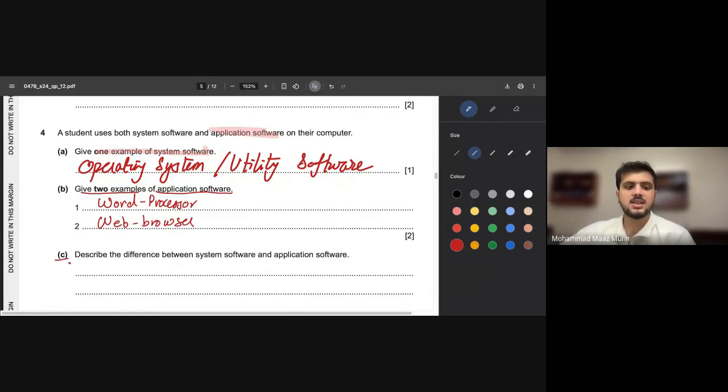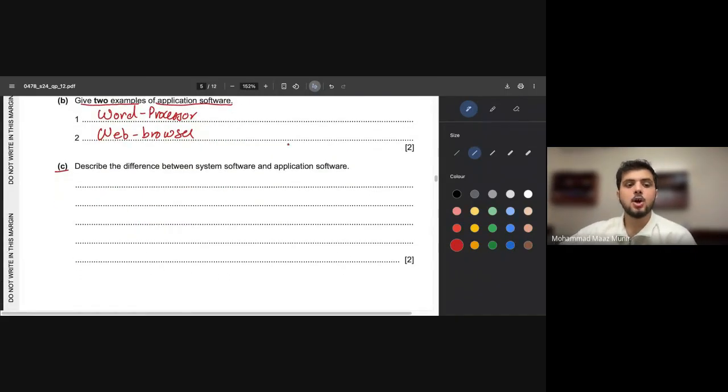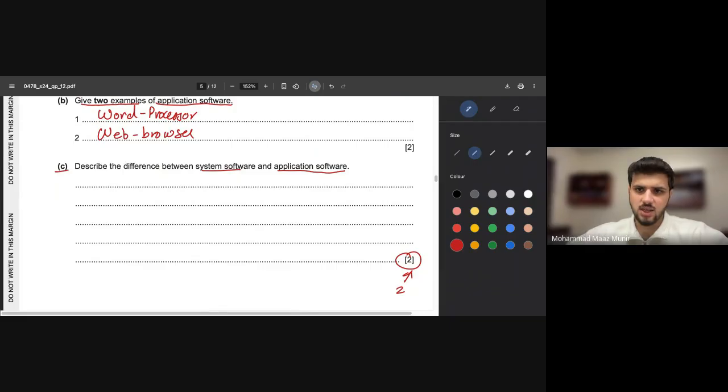And now the C part basically says you need to just highlight two differences between system software and application software. How do I know two differences? Because the number of marks is two. So one difference can be that system software manages and maintains the hardware or software. So we can say that firstly,